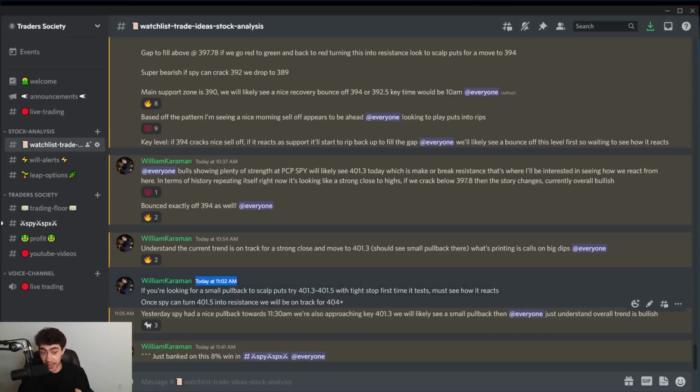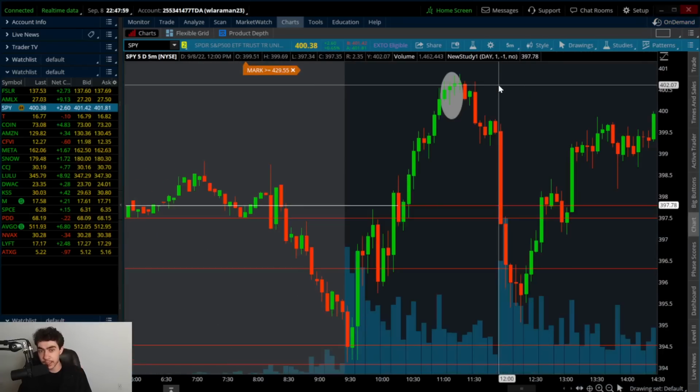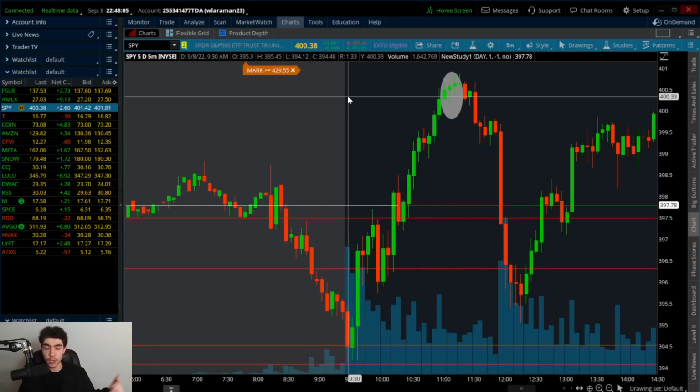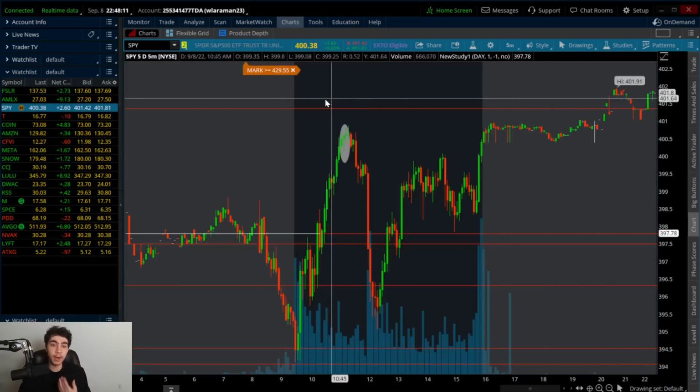And yesterday SPY had a nice pullback towards 11:30 a.m. We are also approaching that key 401 resistance. We will likely see a pullback then. Just to understand, the overall trend was bullish, which it was as it closed strong at the highs for the day. But that was a phenomenal scalping opportunity that I alerted, and I confirmed it with the 30-minute chart, using the 11 a.m. to 12 p.m. time frame of yesterday, using the key previous support overreaction, that 401.30 level resistance right here,